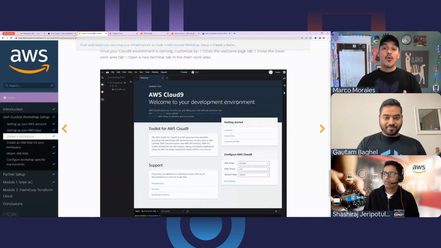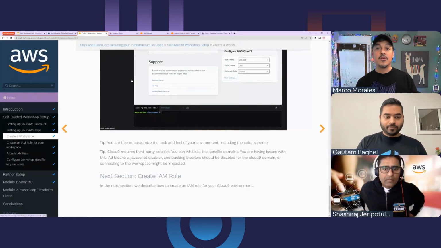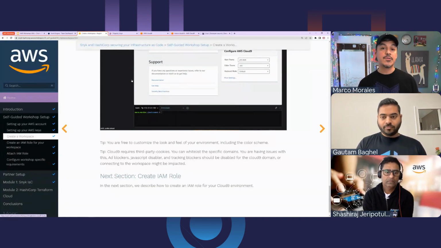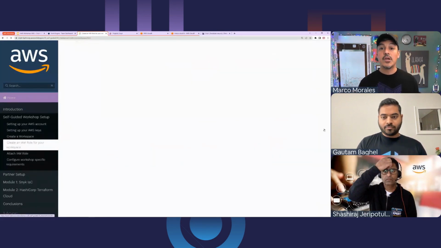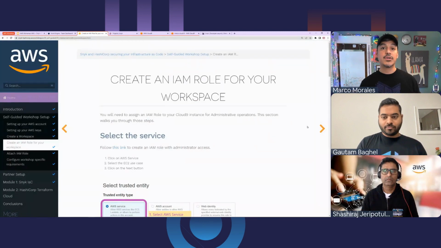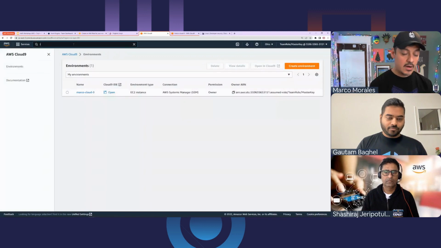So when you go through the process, and it really only takes a couple of minutes, you'll get an IDE environment, and the instructions here are telling you if you want to customize or change things, you can. It is not required. Other workshops may have you change permissions and things, but we've already taken care of a lot of those things. The next thing we want to do is create an IAM role. This IAM role is going to grant your Cloud9 environment permissions to create and manage Amazon environments, specifically around an EC2 instance. So we're going to navigate into the Amazon service. This will be your console, and look for IAM.